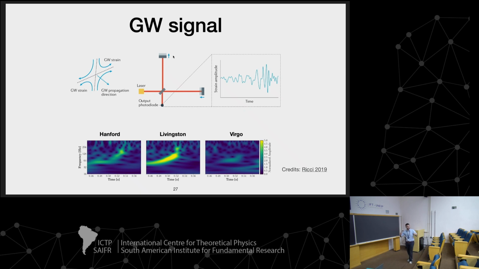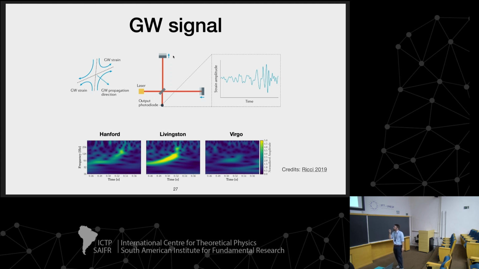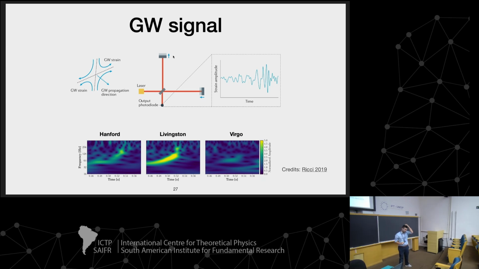Once you have your detector, you can actually get your signal. I mean, it doesn't look like that, of course. It looks more like this. So if you look in the middle of what you get from the Livingston interferometer, you can actually see by eye there is something there. This banana shape: over time the frequency is increasing, the amplitude is increasing. So by eye you can see a signal.